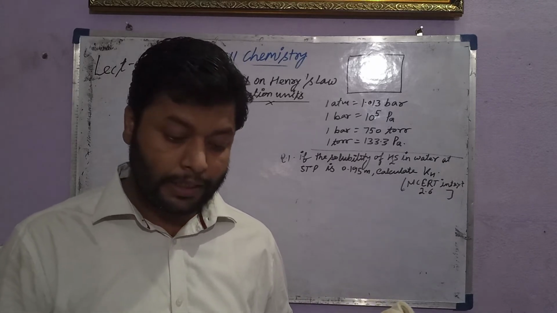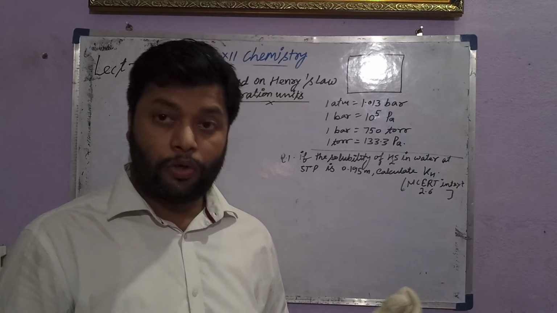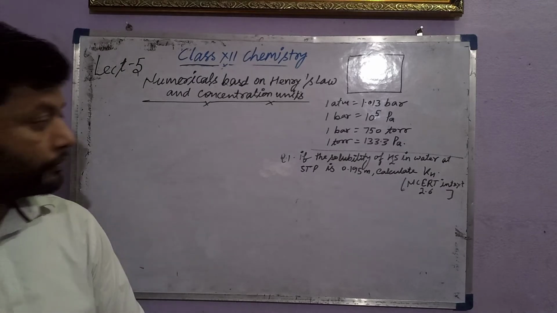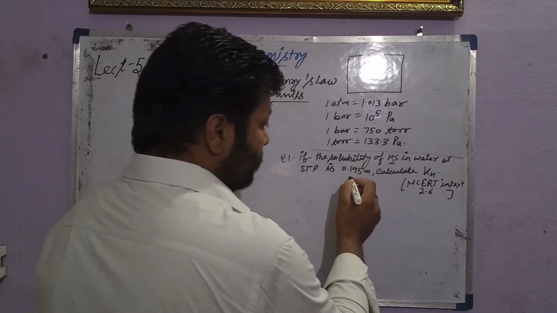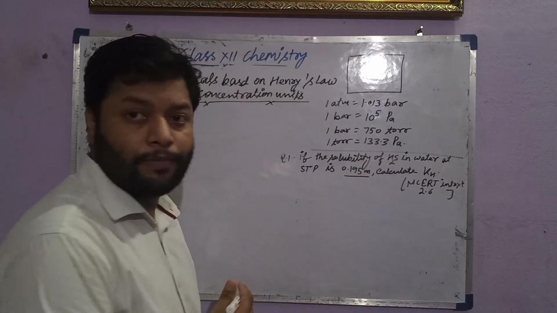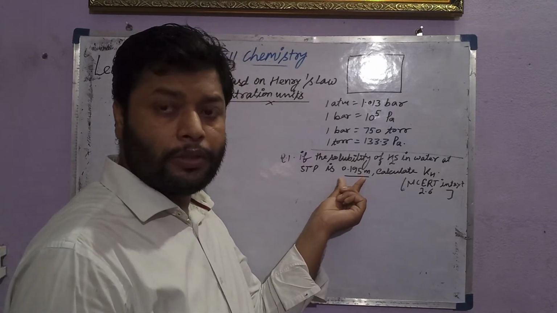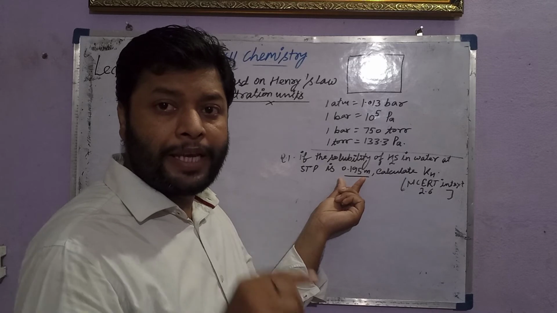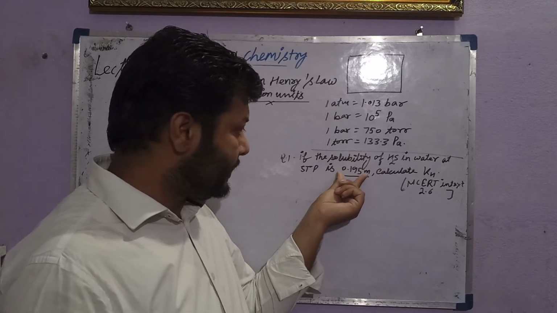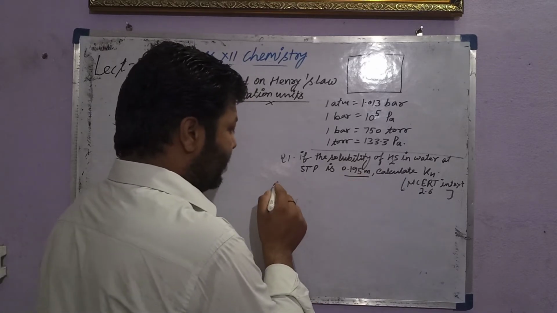constant? Henry's law constant. So you have to use this 0.195 molality. It actually indicates the number of moles of solute. Molality means moles per kg of solvent. So it actually indicates the given thing is,